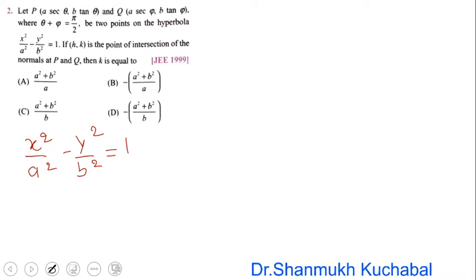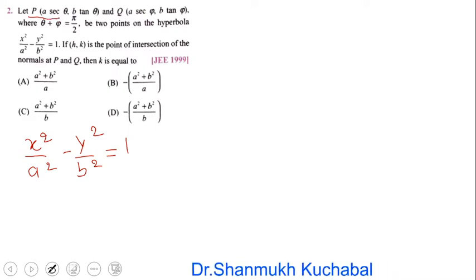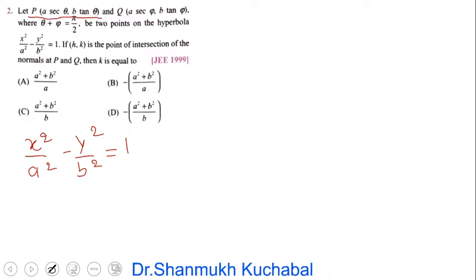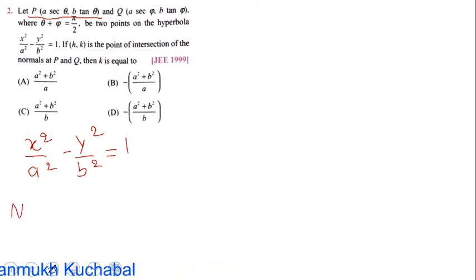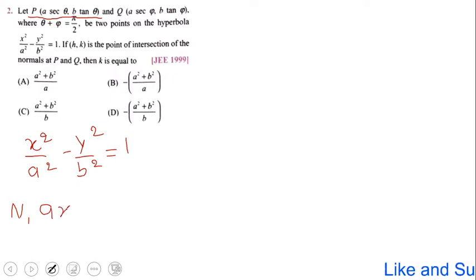Point P is (a sec theta, b tan theta). Then we'll find the normal equation n1. I have already discussed the equation of a normal. In that, substituting these values, we get ax cos theta